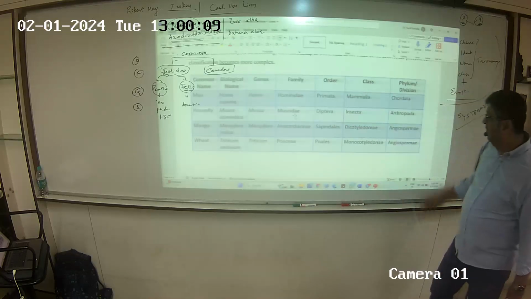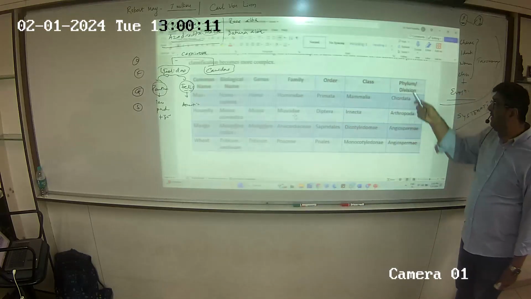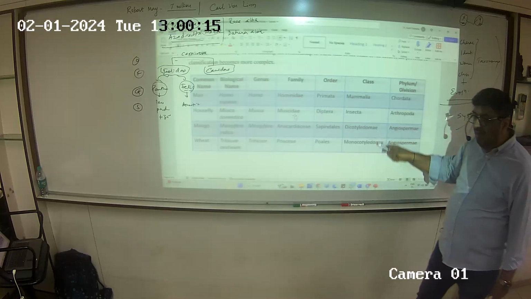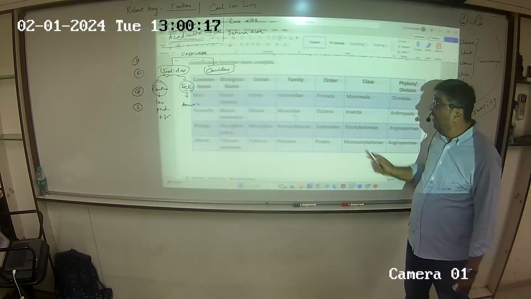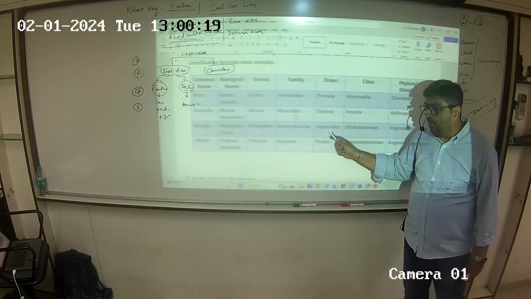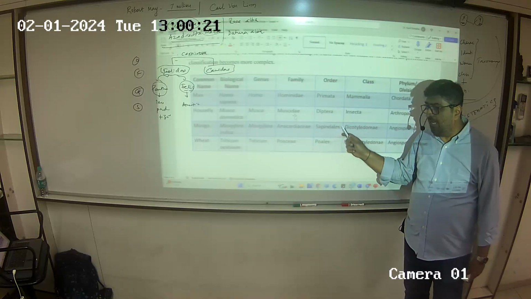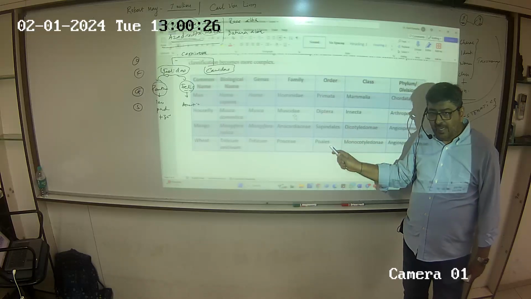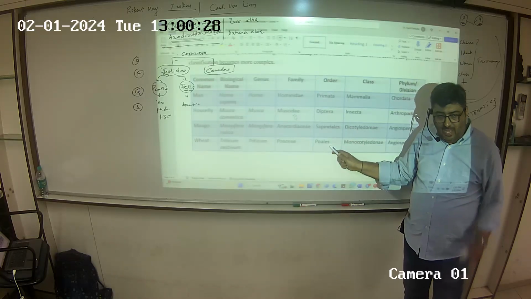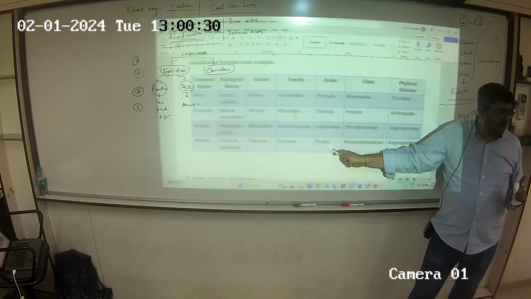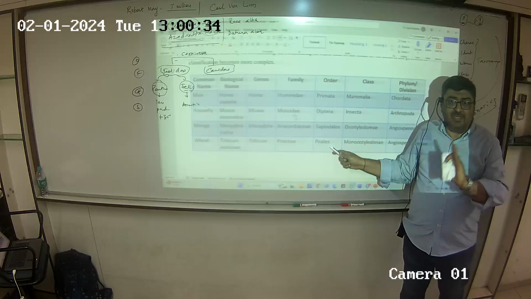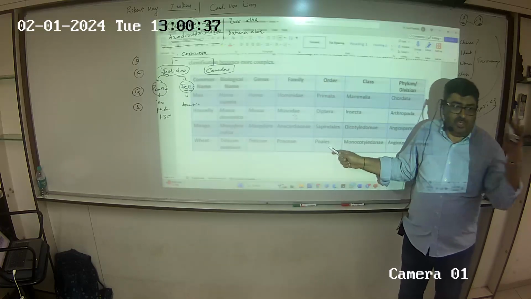Mango and wheat, both division wise is angiosperm, but class में one is dicot, one is monocot. Order में mango belongs to order Sapindales. Can you see ALES? And wheat belongs to Poales. Again ALES. आ गया समझ में सफिक्स वाला पार्ट सबको? तो क्या सफिक्स के बेसिस पे क्वेश्चन हम लोग पूछ सकते? पूछ सकते।